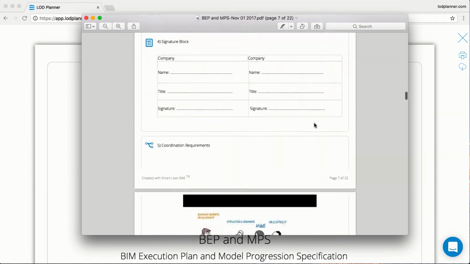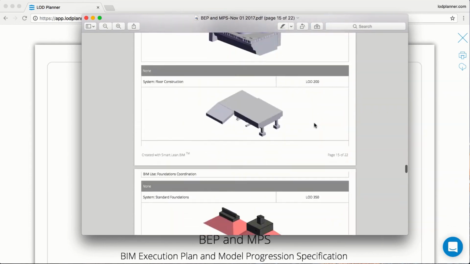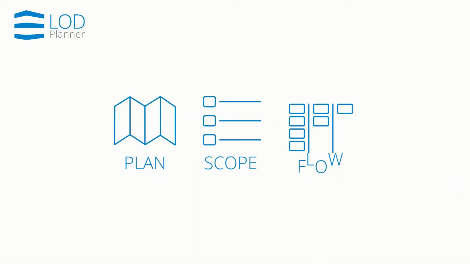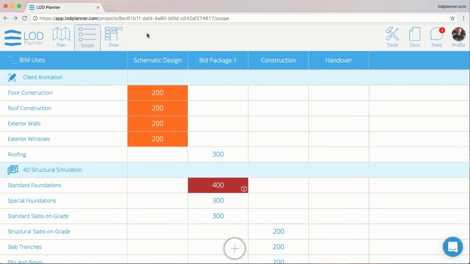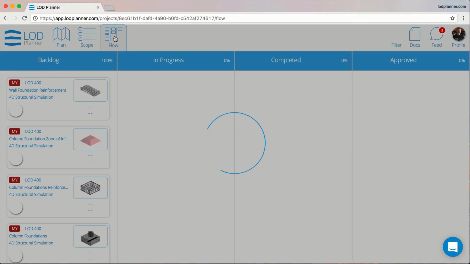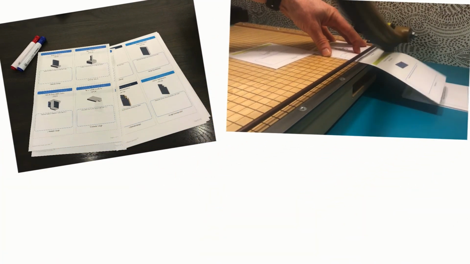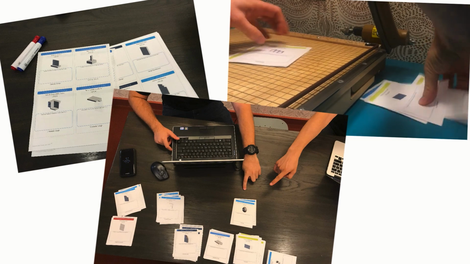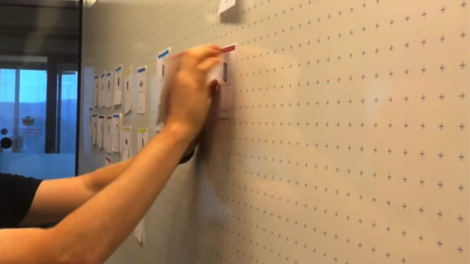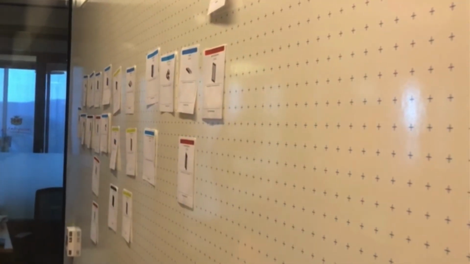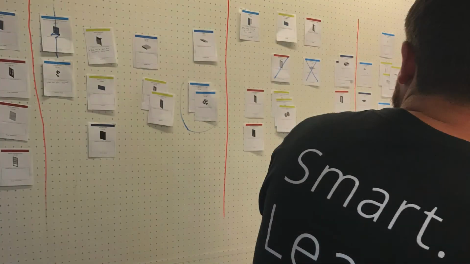A pressing challenge we heard from the BIM community was a desire to implement a lean design management workflow. However, many stressed that they just didn't know really where to start. So we've included an option to print content-rich cards that expedite the team-based pull planning workflow. Instead of starting a pull planning session cold with just blank sticky notes, the team starts with a set of cards already completed with the scope and